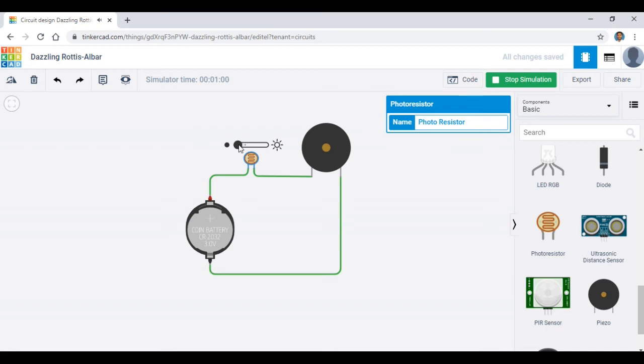So I'm going to increase the light intensity. As I increased the light intensity a little, it started buzzing with a low pitch. Now I'm going to increase the light intensity more, so the pitch of this buzzer will increase.